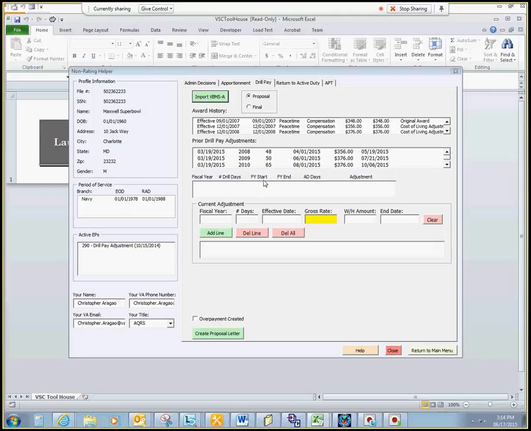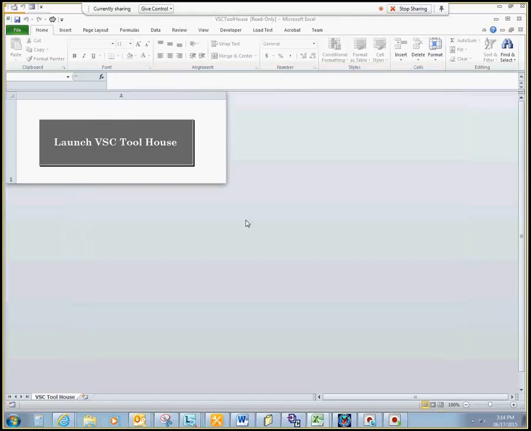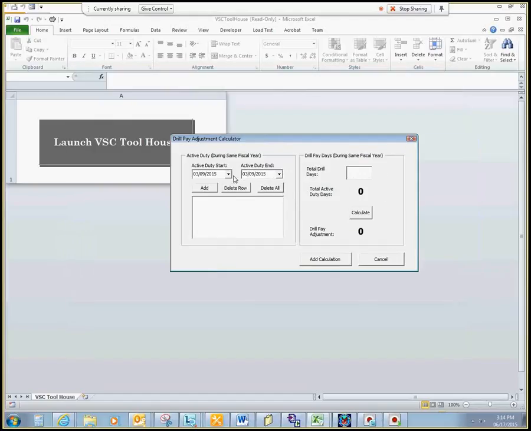And it also calculates a fiscal year start and fiscal year end. So it does a lot of other things in here that the user can just use to go ahead and enter in some lines. But for this demonstration, I'm just going to go ahead and enter in information. If I'm not going to go with the proposed adjustment days here, I can also double click that and put in dates,